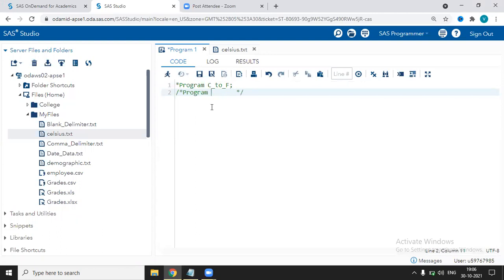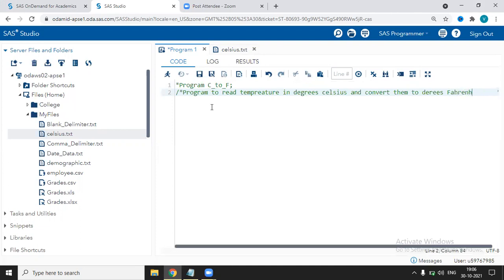So, program to read temperature in degrees Celsius and convert it into degrees Fahrenheit.